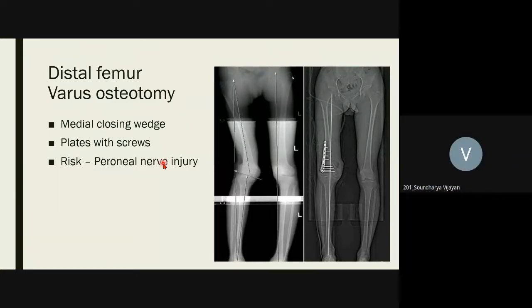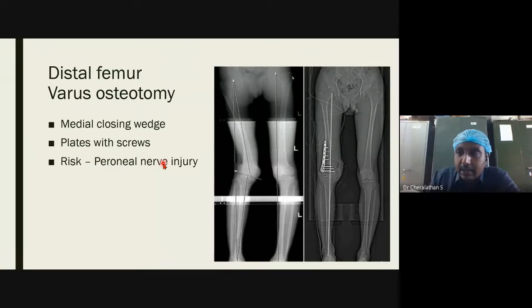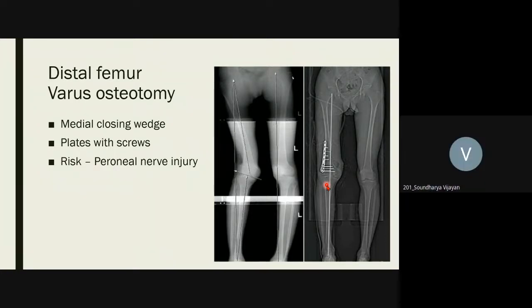So, what precautions should we take to prevent it, sir? Either you can do a gradual correction, that is one thing, or when you do perioperative correction, you have to stretch the anatomical structures slowly. Don't do a sudden stretch. Or if you do it, you keep the knee in flexion postoperatively. Because if the knee is kept in flexion, again, the stretch is reduced on that particular nerve. Right? Either you can do a gradual correction.